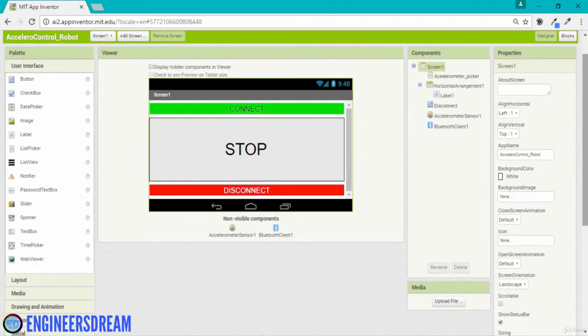Hey, what's up guys? Welcome back. In the previous video, we finished designing the user interface for the ACCELEROCONTROL robot. Now in this video we will go inside the block section and we will finish the graphical programming for our